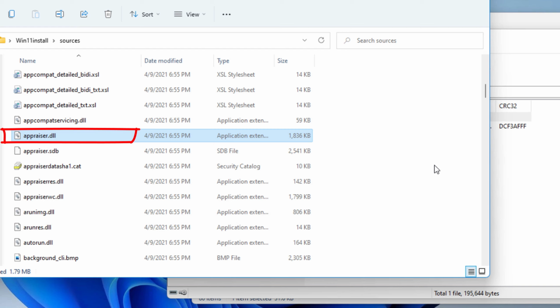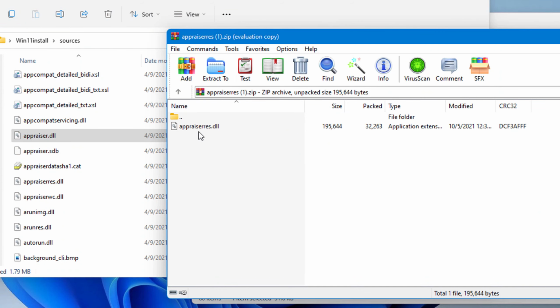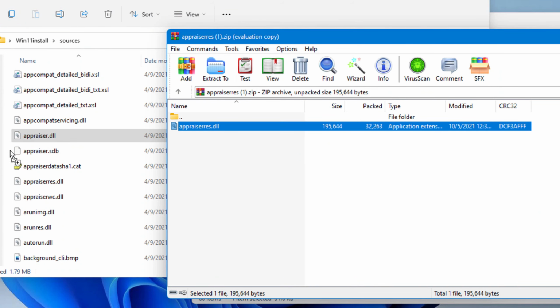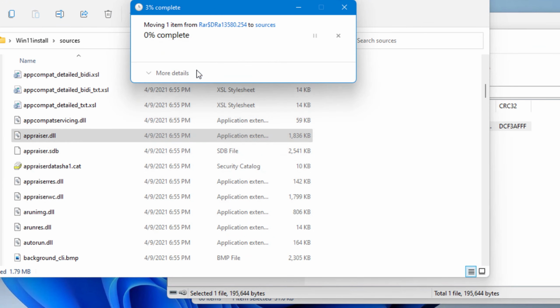This is the file that is responsible for the hardware check in the installer. You should do this because if not, you will end up with your Windows security being empty once you've finished upgrading. Open the downloaded zip file and copy the DLL file from there to the Sources folder and confirm to overwrite the file.